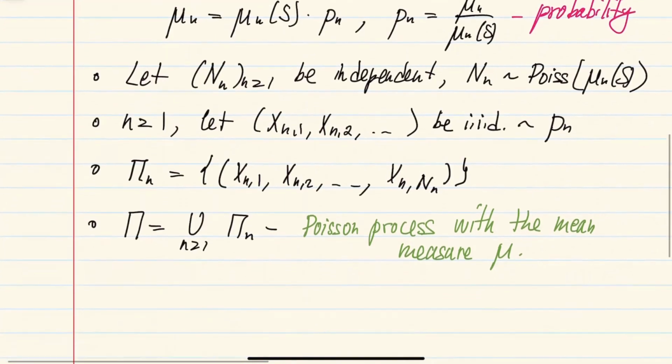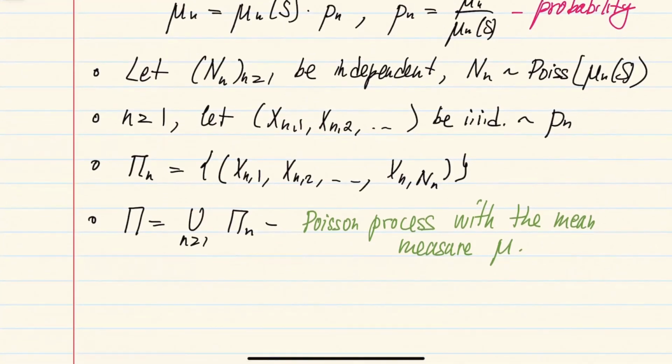Okay, we will often also write that this random set that we generated by the above procedure is a Poisson point process with this mean measure mu. So often we'll just write it like that. It's also often called a Poisson point process because we really want to view this as a random set. So often we'll forget about all the labelings or all the indices and simply view this pi as some random subset of our space S.